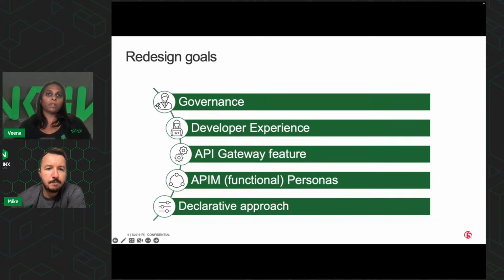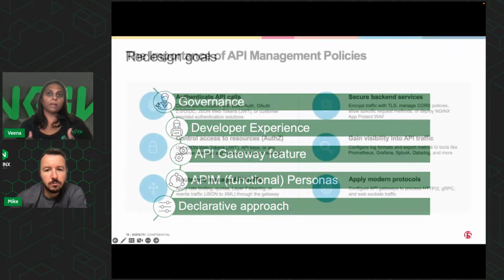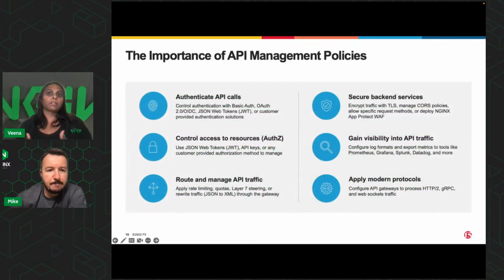But the moment we brought this controller in, we lost a lot of that functionality, mainly because, again, it was complex to extend it, to roll out new features. And we lost that ability to highlight Nginx's capabilities within the product. So that took a big hit, and we couldn't roll out features fast enough to support the API gateway use cases. So all of these challenges kind of led us to take a step back, rethink our approach, re-architect it,